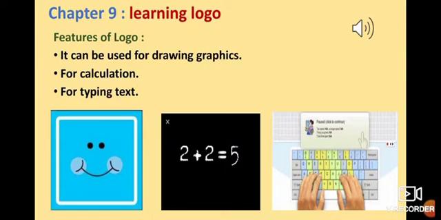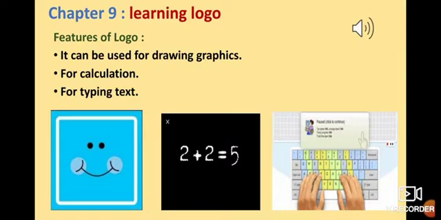Now Logo can be used for different purposes, or you can say there are different works of Logo. How can we use it? As you can see in the slide, features of Logo, or characteristics of Logo. The first point is Logo can be used to draw graphics. Now what does this mean?